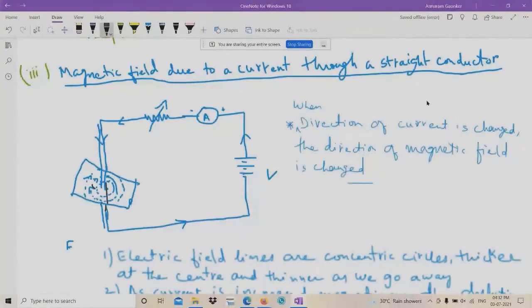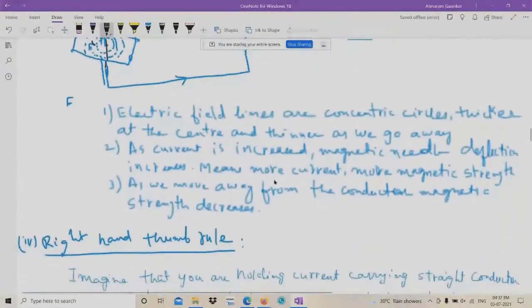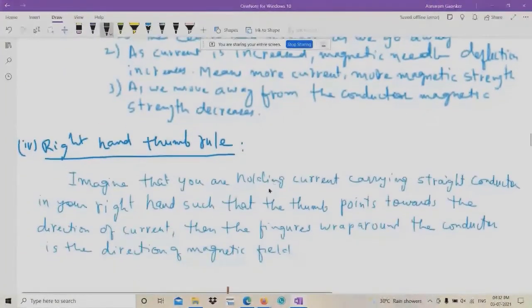And then, how to determine the direction of the current and the direction of the magnetic field. As I have told you, the direction of the magnetic field changes as the direction of the current changes. So how to determine these two directions? To determine these two directions, we have got